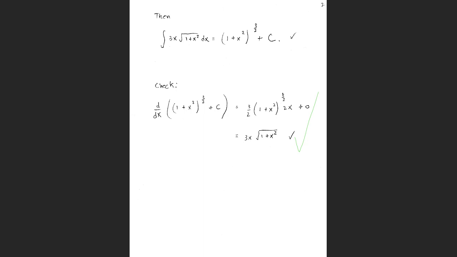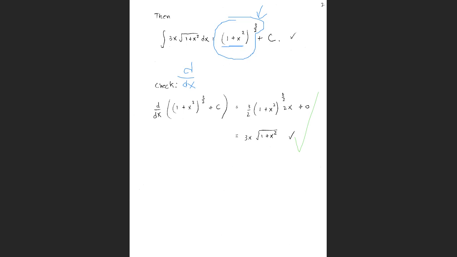Oh, okay. So, all right. Let me see here. So this here, you have an inner function, 1 plus x squared, and you have an outer function, the 3 halves power. So when you take the derivative of that, you have to use the chain rule. So remember the chain rule? I think I get it. You took the derivative of the x squared, and that gave you 2x, and the zeros for the derivative